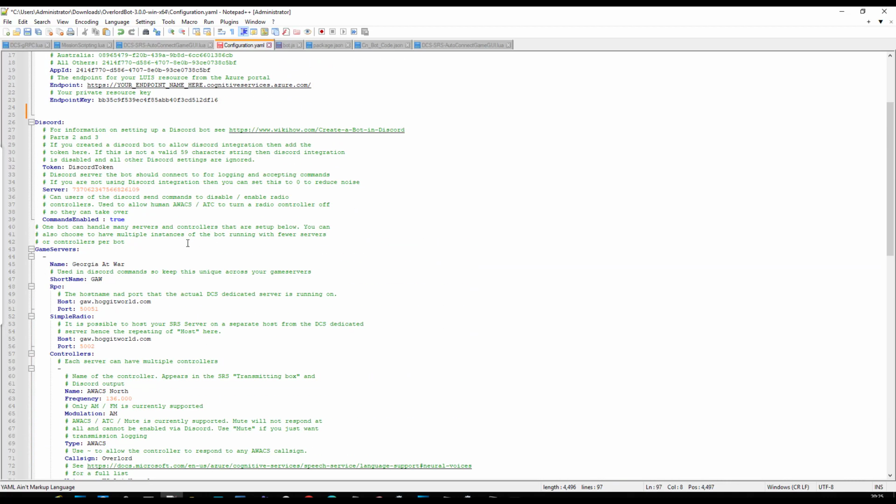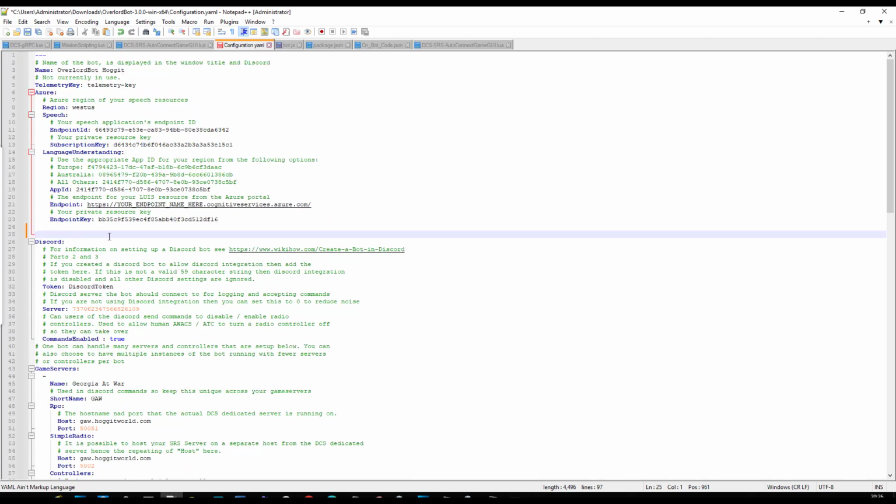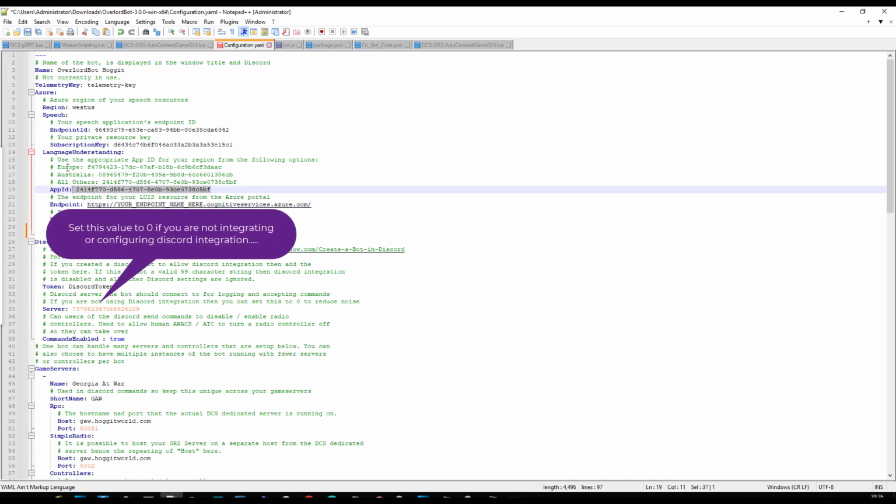So now that you've configured that, make sure also to configure, forget about it. Like I said, forget about Discord. Let's not complicate anything here. Make sure you've entered the right key, the endpoint, this application ID here. You pick one from whichever zone you're from,